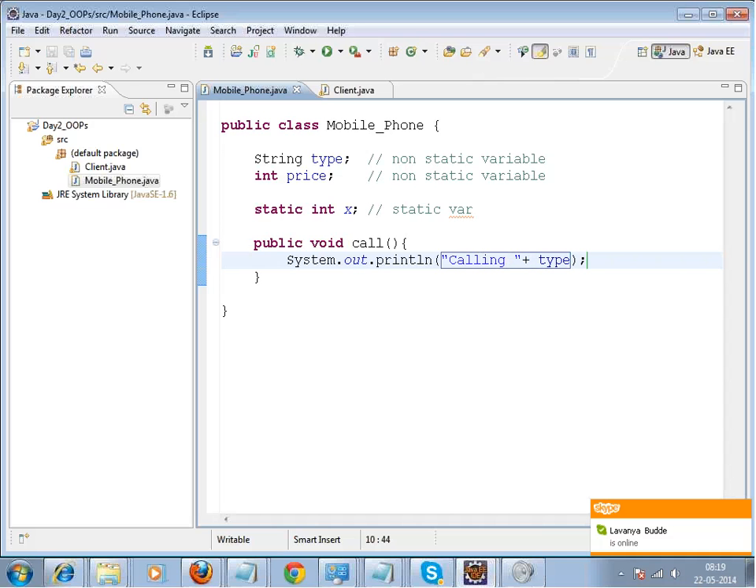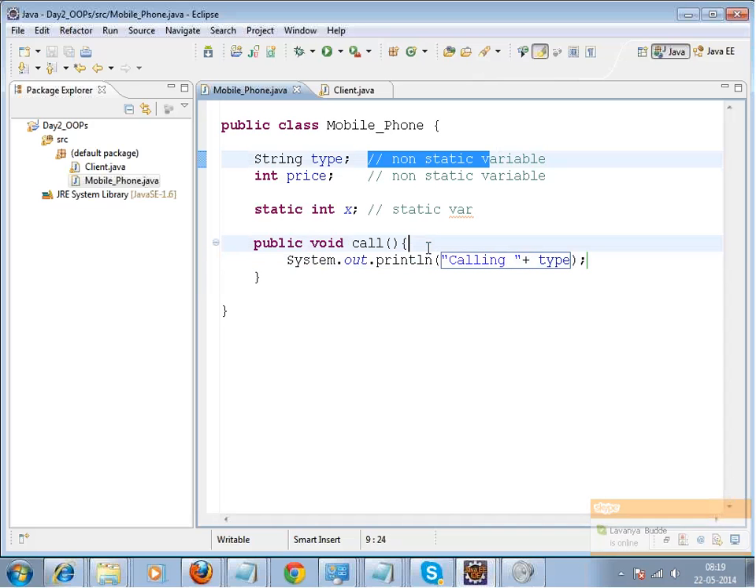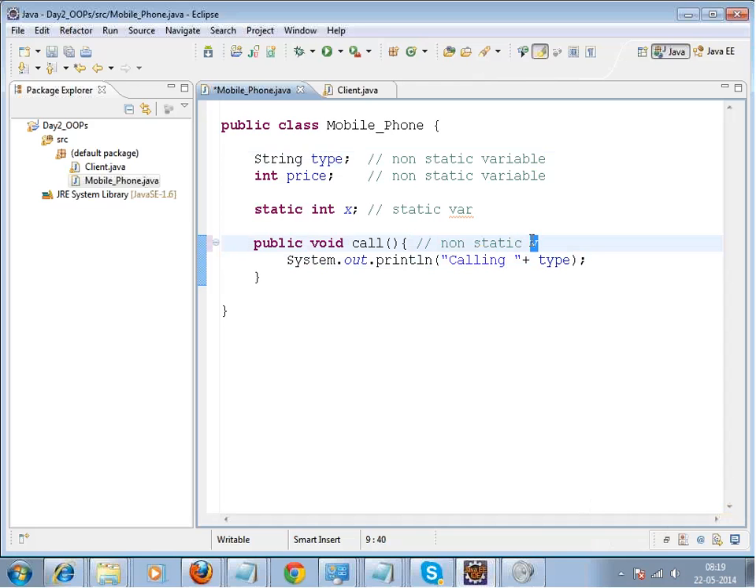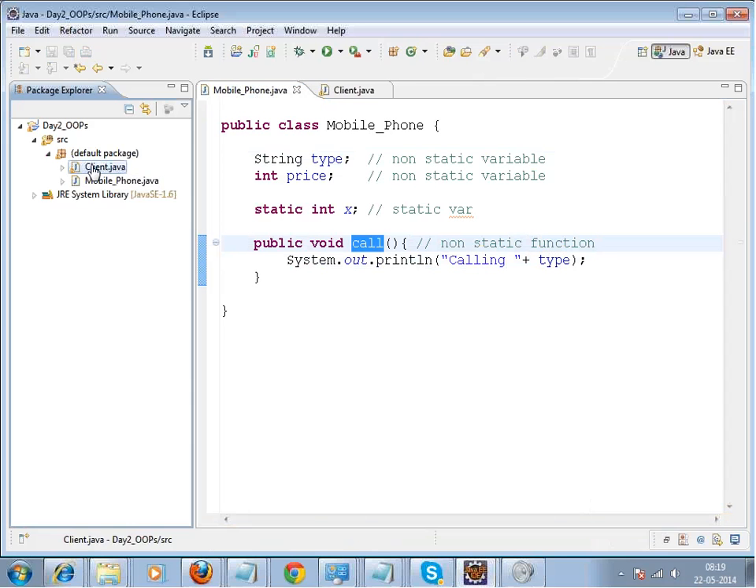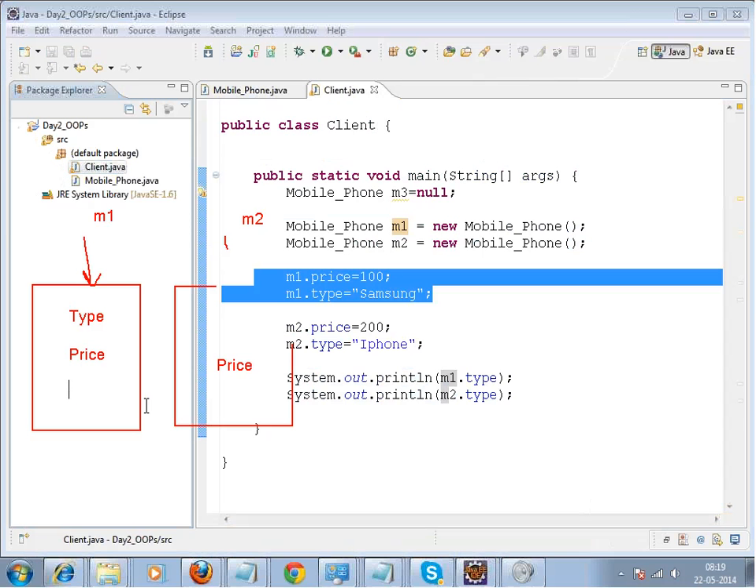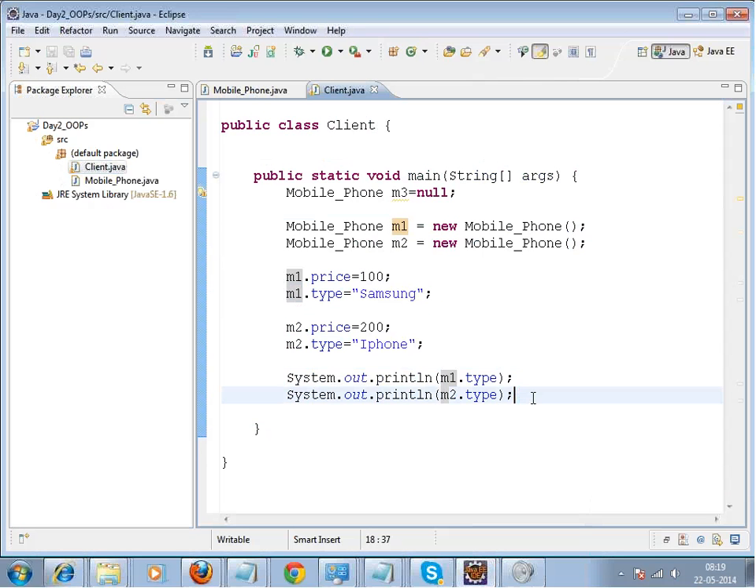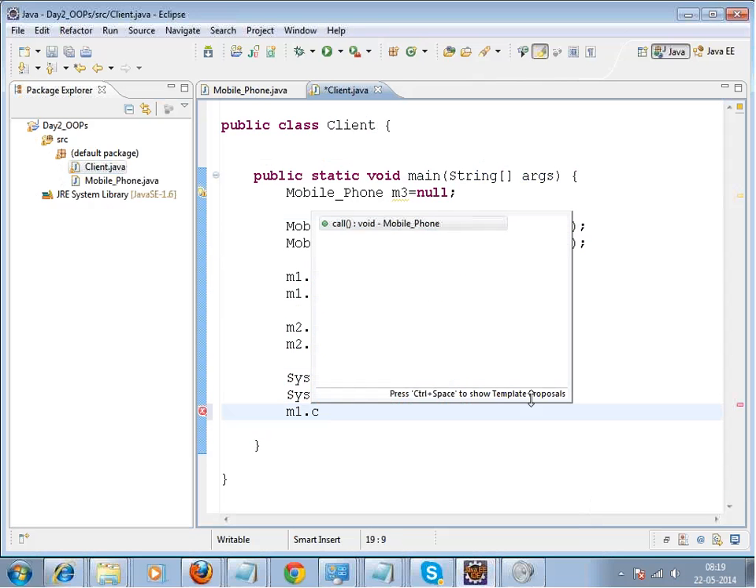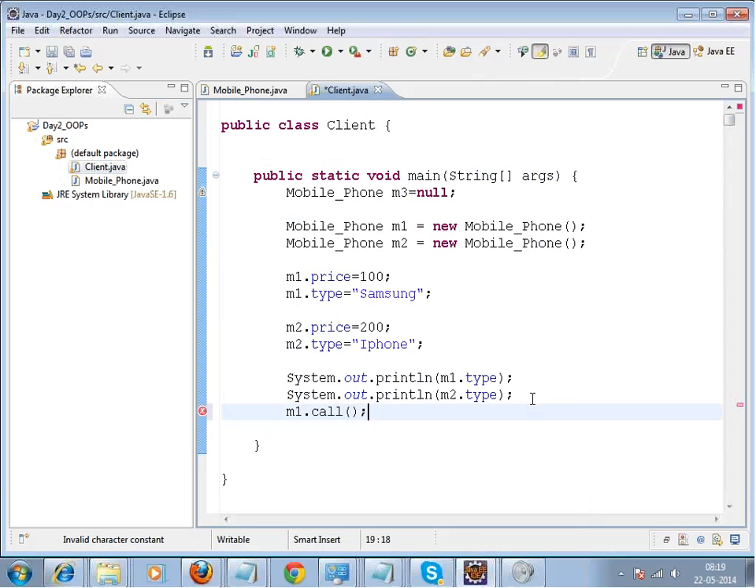Now this function is known as a non-static function. Non-static is the property of the object. So both these objects which I had created over here, they will have the call function. Alright. So when I call them over here, if I write m1.call and m2.call,